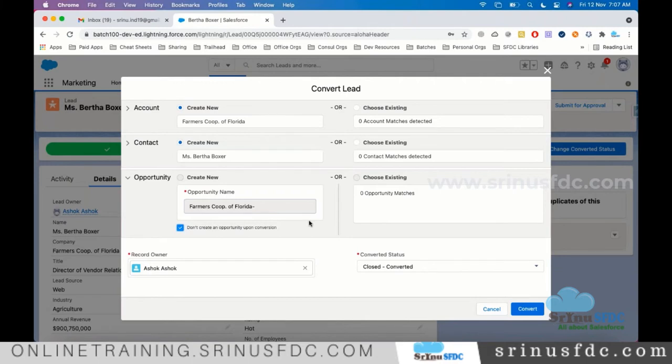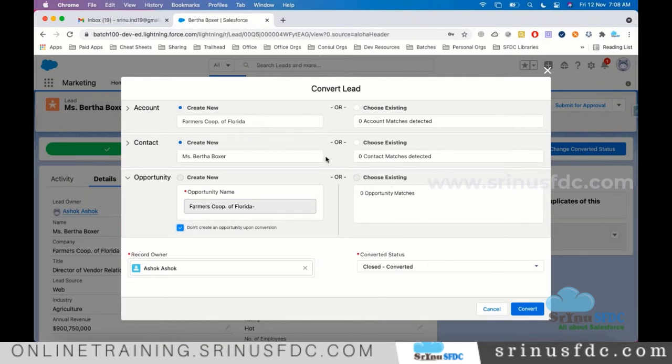So let's say the client requirement is they want to convert that lead into only a contact. They don't want an account. If you want it like that, it is not possible. We cannot make the creation of the account optional by default, as per the default functionality.